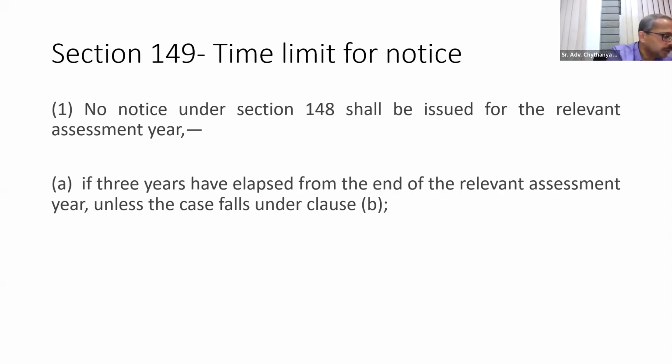Now, this is important, and Supreme Court decision also will have to be looked at here. And this is extremely important because of amendment made by FA 2022. See, time limit is different from what it was in the older regime. What is the normal time limit? 3 years from the end of the relevant assessment year. It's very good. 3 years, not 4, 6, and 16 years in the past. Just 3 years. But then